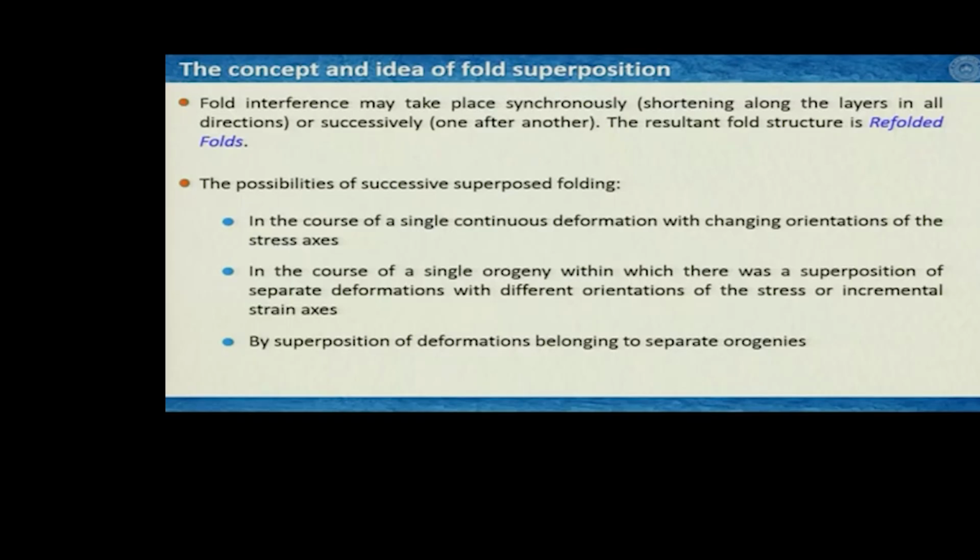Now how can it happen? Fold interference may take place either synchronously, that means you can have shortening along the layers in all directions, so not a particularly oriented direction, but all sigma 1, sigma 2 and sigma 3 if you consider on a plane. So sigma 1 and sigma 2, you can consider that these two principal axes of stress are equal, or it can happen successively, that means one after another, which was the example I cited at the